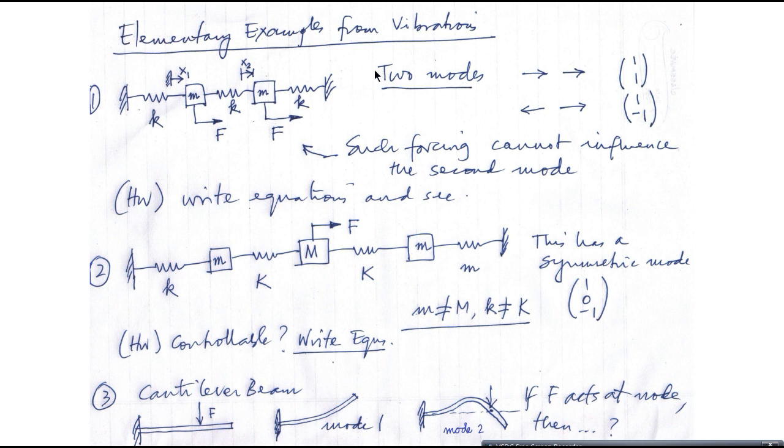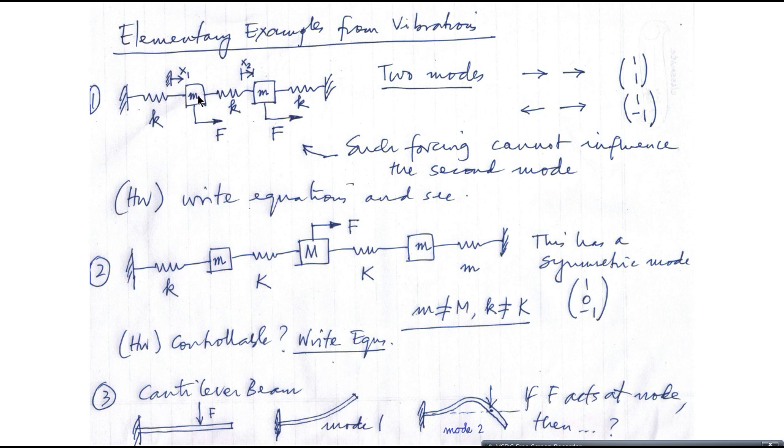Okay, now you may have taken a vibration course, then you will know that for vibrations only in this direction, this system has 2 modes. The first mode is where this mass and this mass are both moving in phase, both to the right and then both to the left. In that case, actually this spring is not active for these special parameter values, and the square root of k over m is the natural frequency.